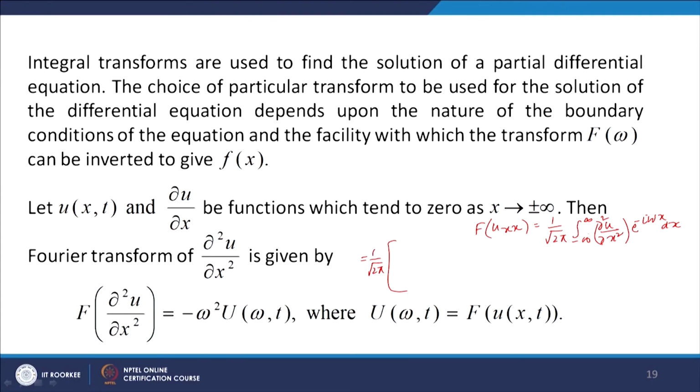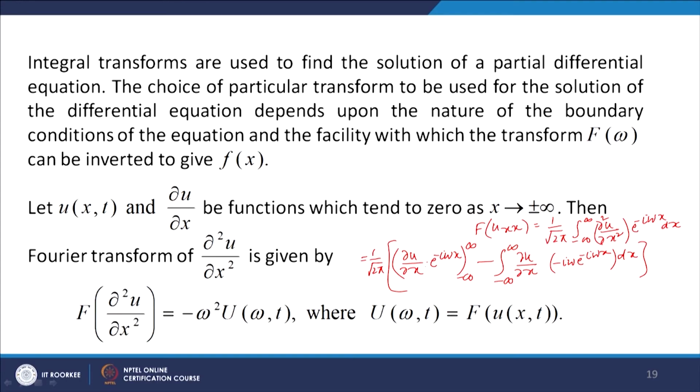Integral of this second order derivative becomes first order derivative into e to the power minus i omega x from minus infinity to plus infinity, then minus the integral from minus infinity to plus infinity of the first derivative into minus i omega e to the power minus i omega x dx. Now, let us see, we have assumed that u(x) goes to 0